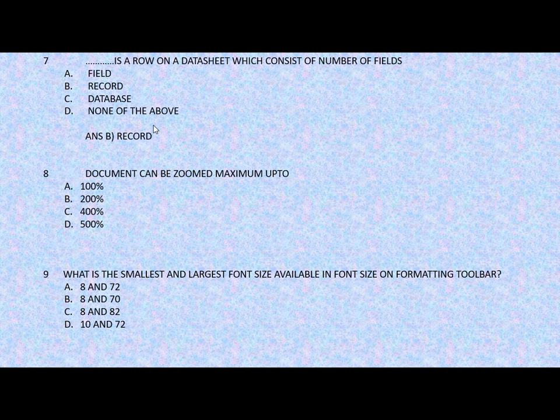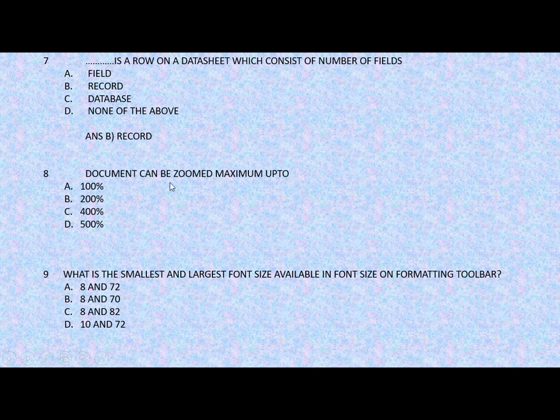We know that if we create a database or a data sheet in Word, that will consist of many columns which will have different fields. So if we are taking a particular row, that will contain all the fields. For instance, suppose we are entering roll number, name, marks of a student, then a row will consist of all the fields which we have created.